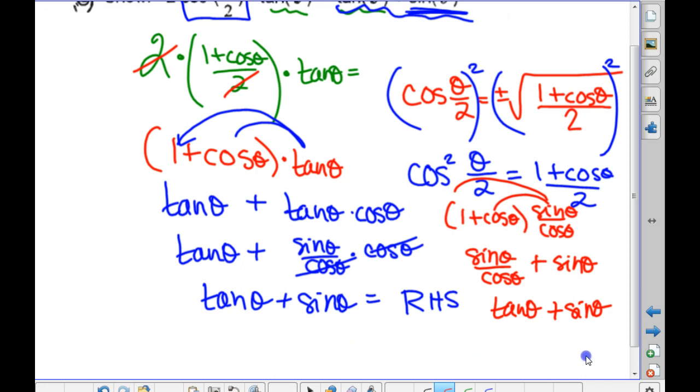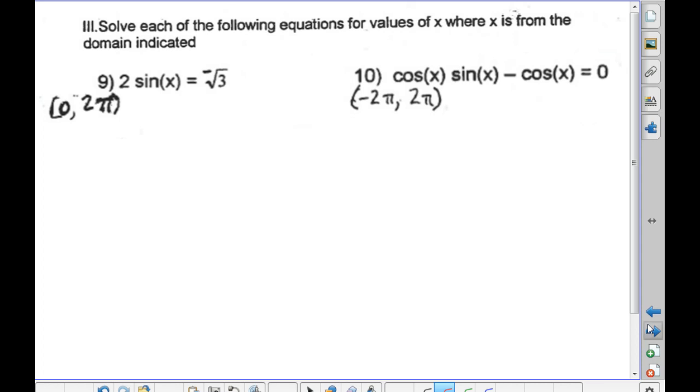I was thinking of a different problem. Okay, ready for the equation solving? All right. Directions say solve each of the following for values of x where x is from the domain indicated. We need to find all the values between 0 and 2 pi. So are we good? What are we not going to need? No plus or minus anything, okay? We just need however many answers occur. Could be 1, 2, 3, 4. All right? If we divide by 2,